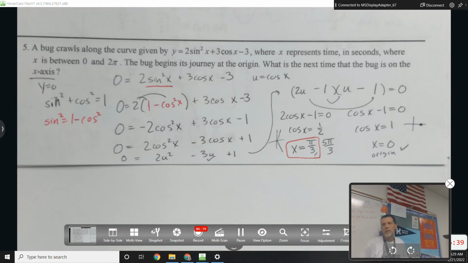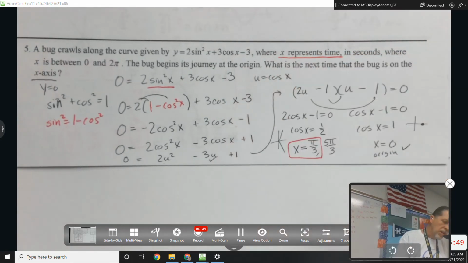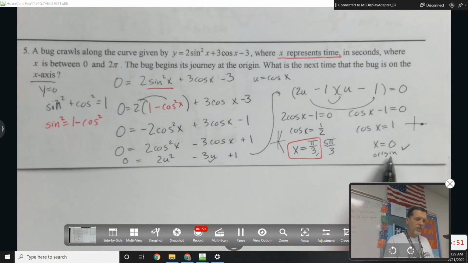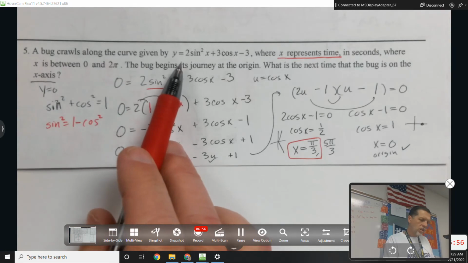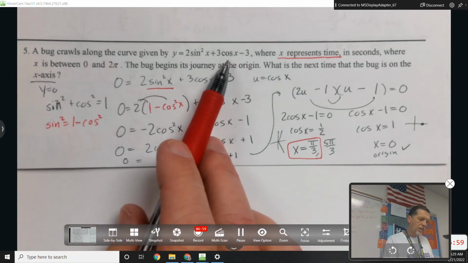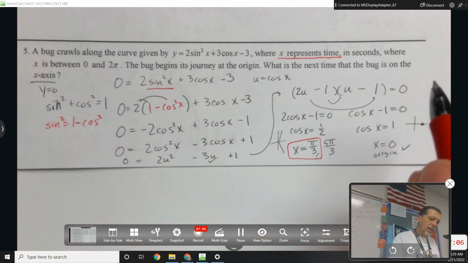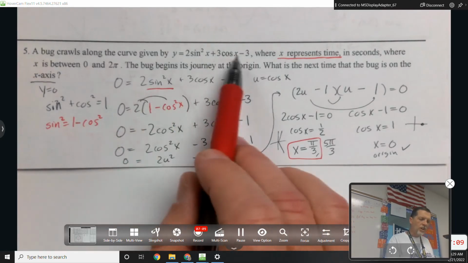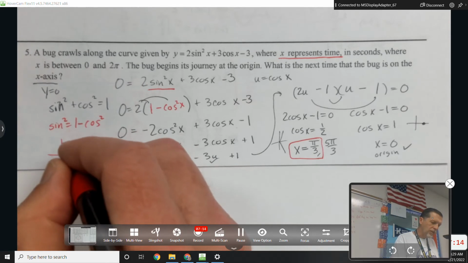I don't understand how pi over 3 is the answer. Okay, so x represents time. So when time is 0, we're at x equals 0. Let's see, he's crawling along the curve given by that. So whatever that curve looks like, he's crawling along that curve. It starts at the origin. I don't know what the curve looks like, so I should be very careful here, but